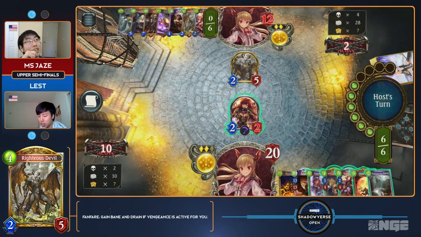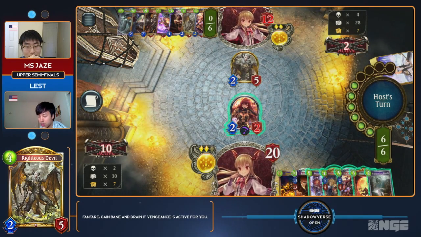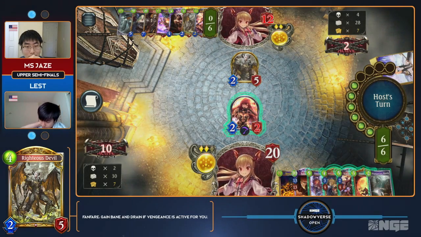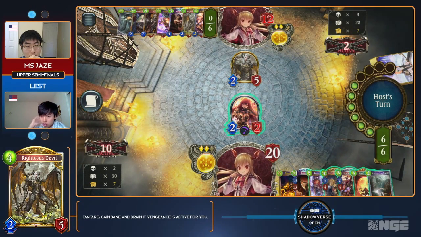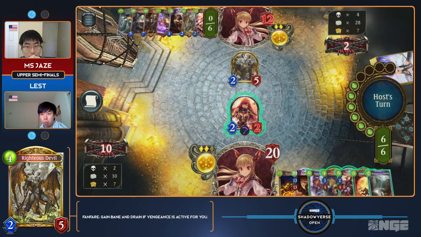Right, but the Devil would have gained Bane, Drain. I mean, it already trades anyway, obviously. But it was weird to me. But, like we said earlier, a lot of these plays are just kind of, again, posturing. Sure, a lot of them are not going to have much of an impact anyway, so...